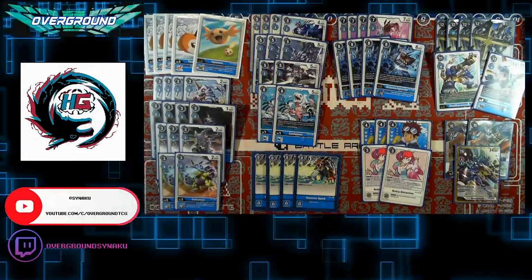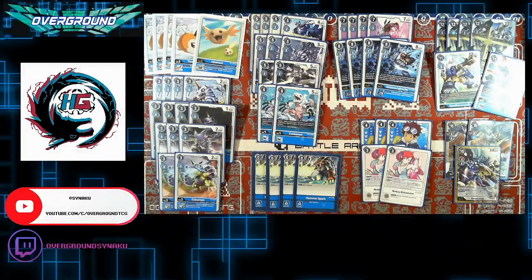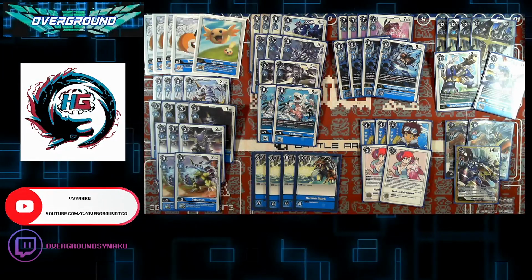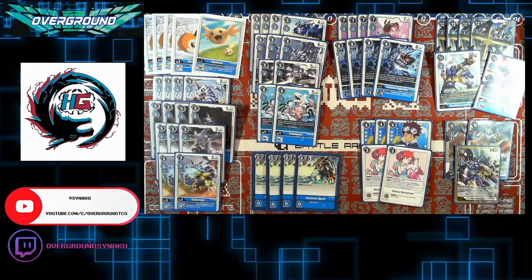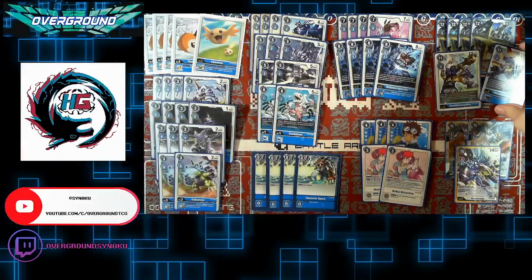And what I'm finding a lot with this deck is that sometimes your opponent will always have a blocker just when you're about to try to go for game. And what Zed helps you do is it helps you just completely eliminate that blocker and then just continue on with your lethal shot. What the BT5 Metal Garurumon does instead, which, sorry for the glare here, is when Digivolving,